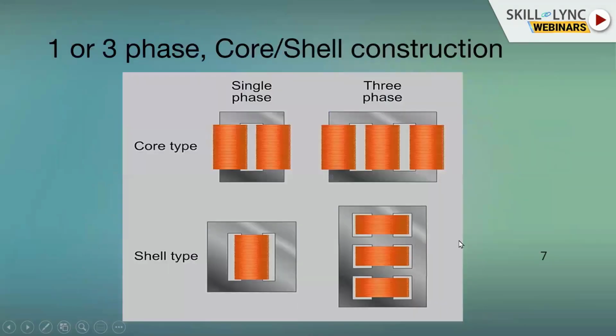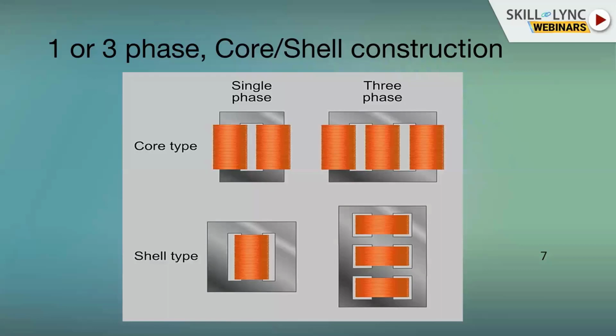The transformers also differ with respect to the way they are constructed. There are two basic constructions: one is core type and the other is shell type. As you can see, in the core type transformers, the windings are distributed on two limbs in a single phase transformer context. And in case of shell type, the windings are around one particular limb and the magnetic flux goes through the other two limbs here. And so it is more of a compact design. The copper is less in this, but here maybe the iron is less. So it's a compromise. There are some operational advantages and design advantages and disadvantages in each.